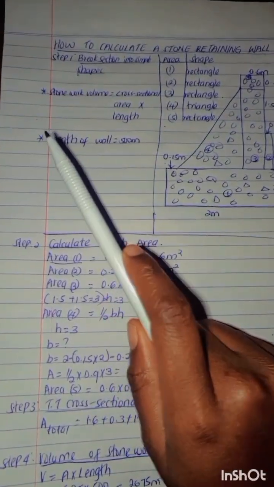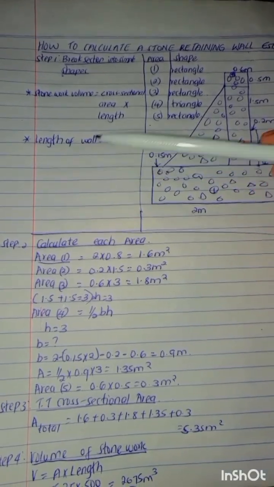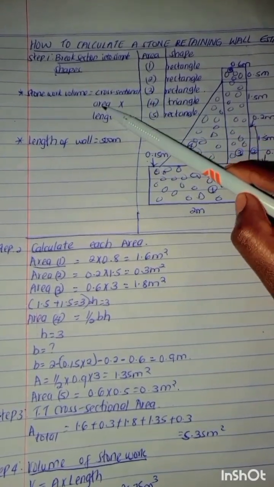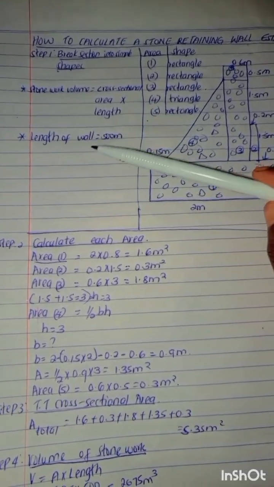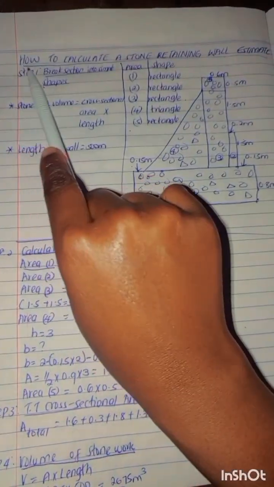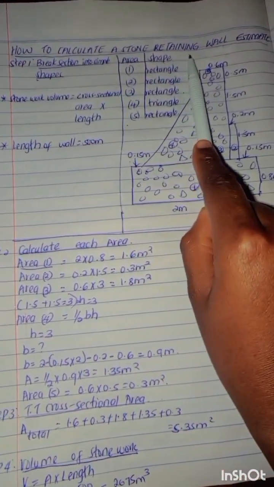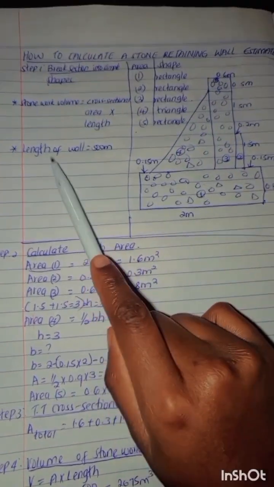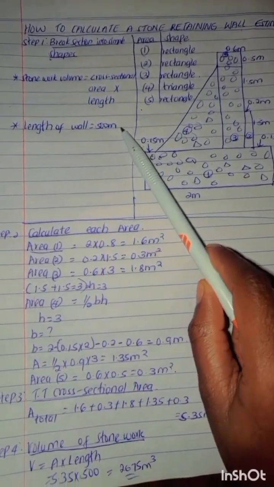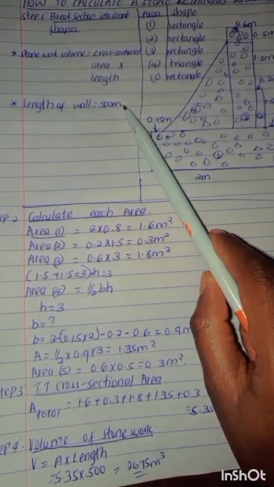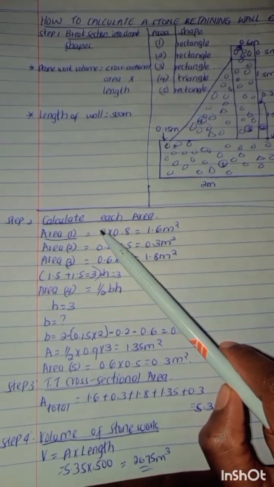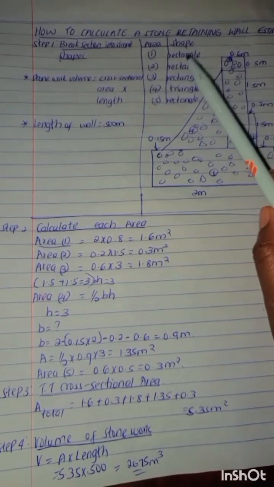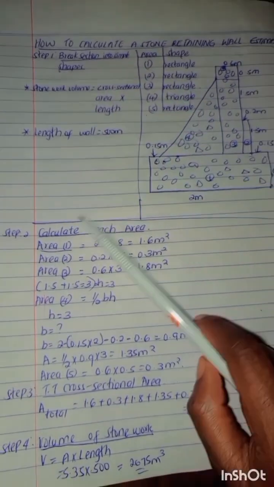So I'm going to teach you how stone wall volume is calculated. It's the cross-sectional area multiplied by the length. That is the last step of the calculation. So you're given a length of, say, 500 meters. Okay, so the second step I'm going to teach you is whereby this section has been broken down